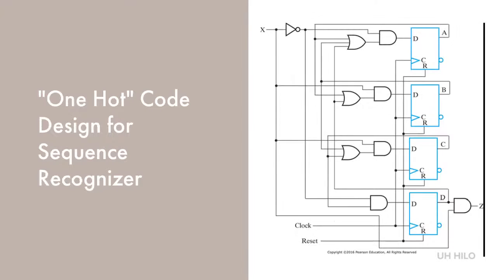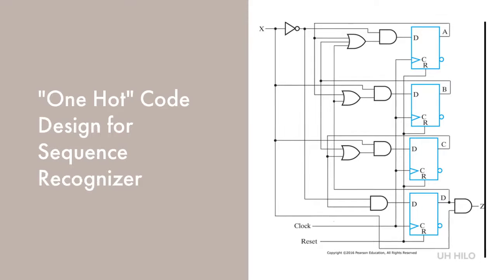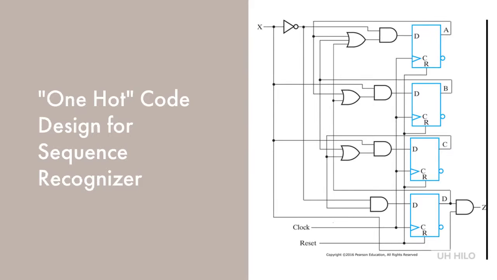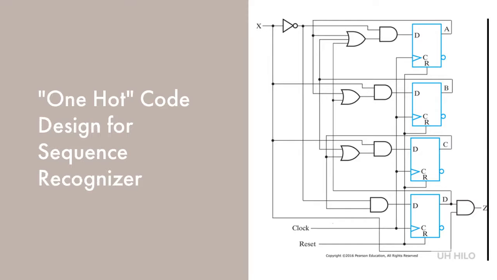Here we see the implemented logic circuit from the 4 equations on the last slide. The gate input cost of the combinational logic is 19, and the cost of the 4 flip-flops using the previous estimate is 56. This gives a total gate input cost of 74, which is almost twice that of the gray code design. One-hot design tends to be more costly, but it also supports factors such as performance, reliability, and ease